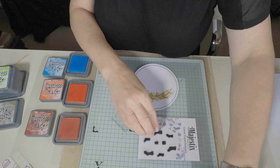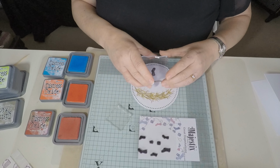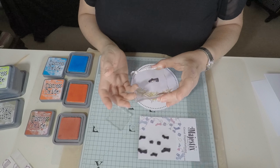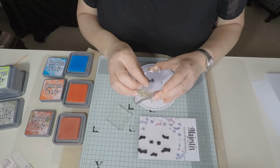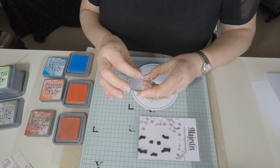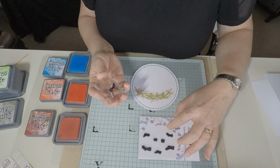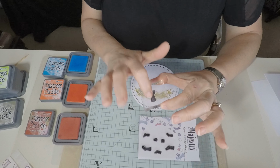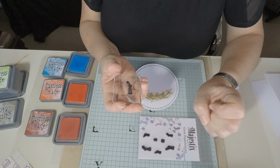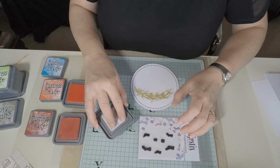If you try and put a tiny stamp onto a large block, you find it's very difficult to handle, and you do end up, when you ink, with some ink on your block. So make sure you just have a few ranges in sizes of your blocks. And again, peel off the acrylic backing that the stamps come on and stick it to your block. As you can see, it's really secure, and it then helps you to be able to really position well and load up the ink. So I'm going to start with some blue